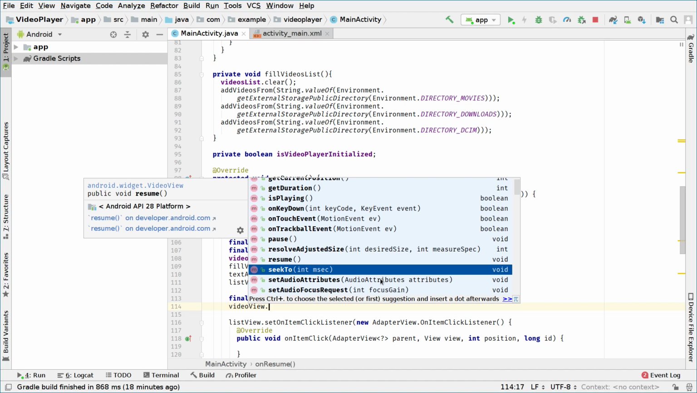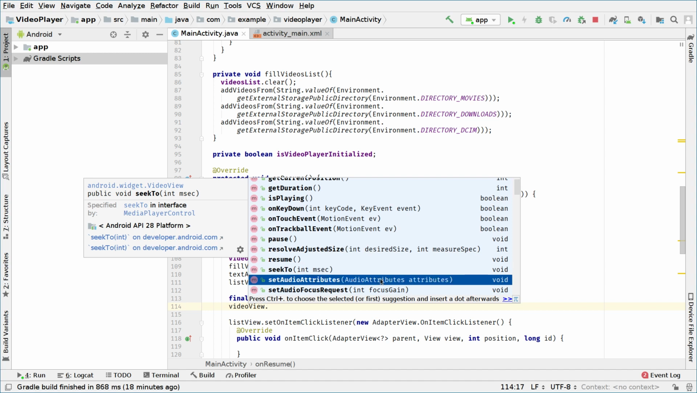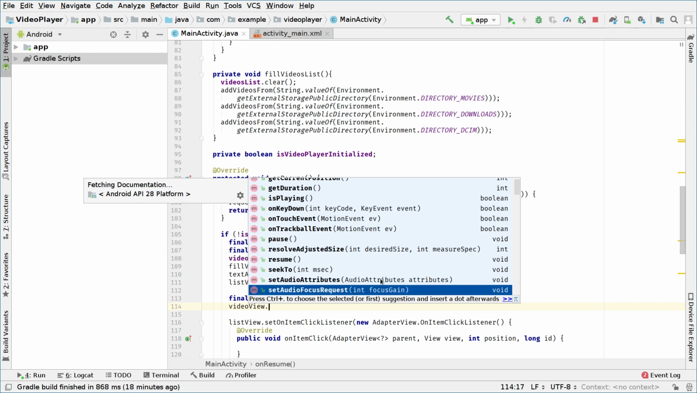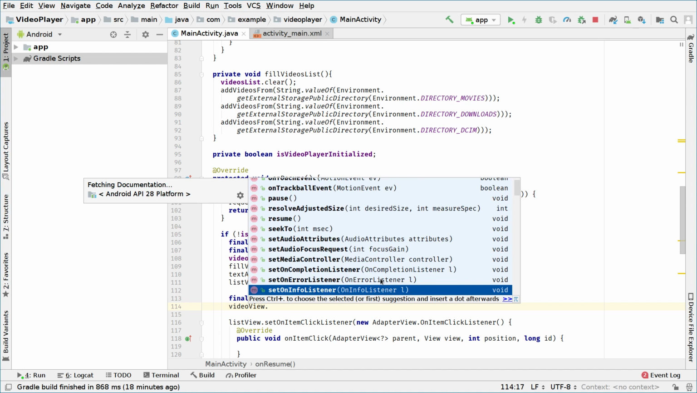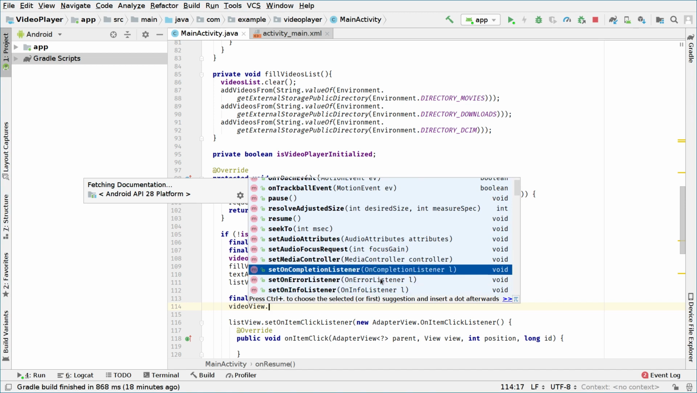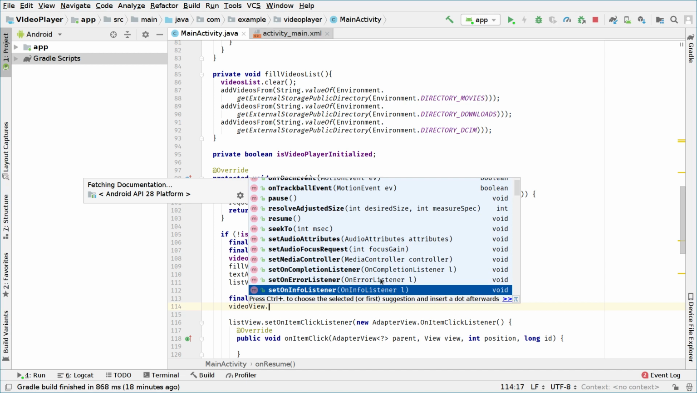So if you want to use it later, maybe the user leaves the app, and when the user comes back to the app, we want to show where the video was left. So when the video was paused, we're going to seek to the previous point of the video timeline. Okay, so we're gonna here have a set media controller, which is basically the controls that enable us to